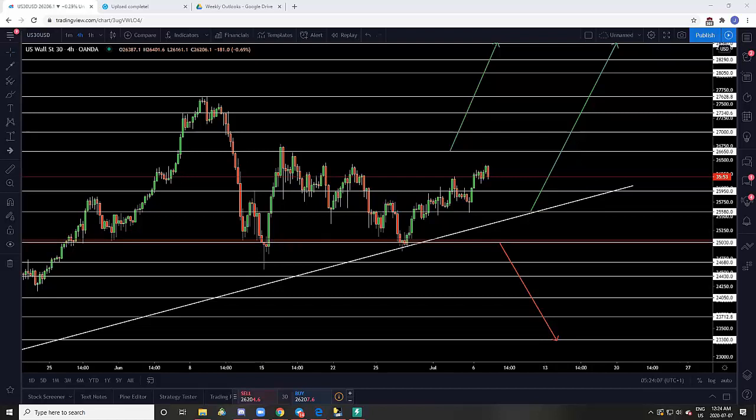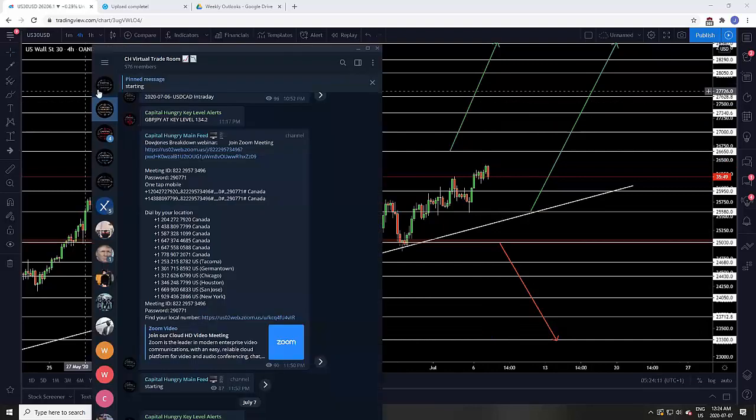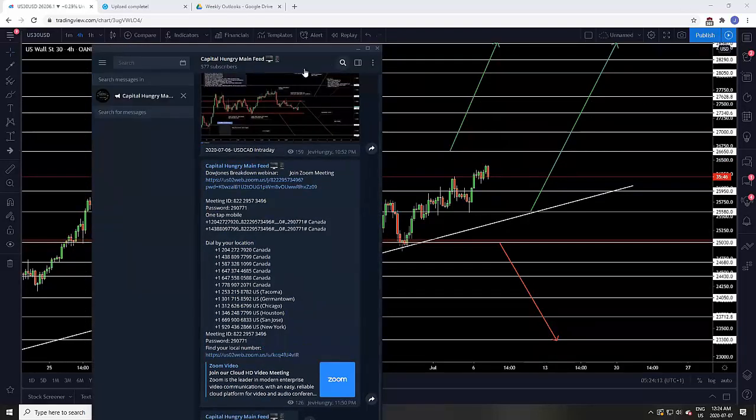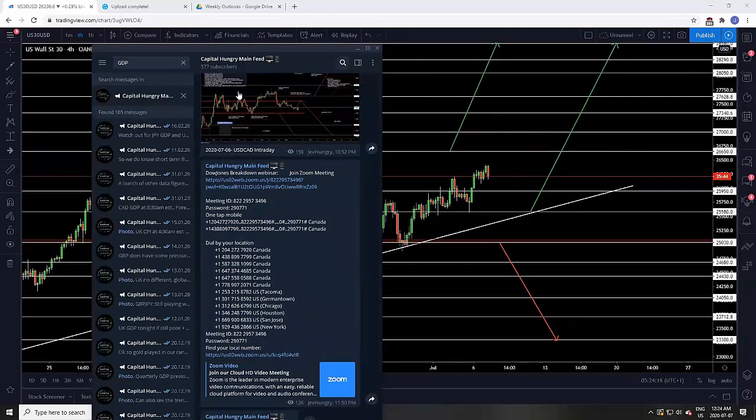PMI and GDP. The only reason we haven't been focusing on data as much in here is because the market has been running heavily on sentiment. But if you go to,